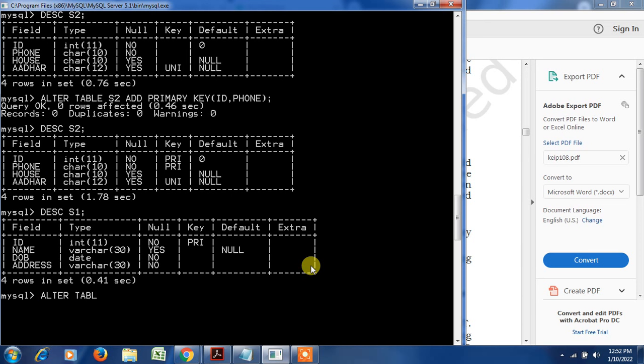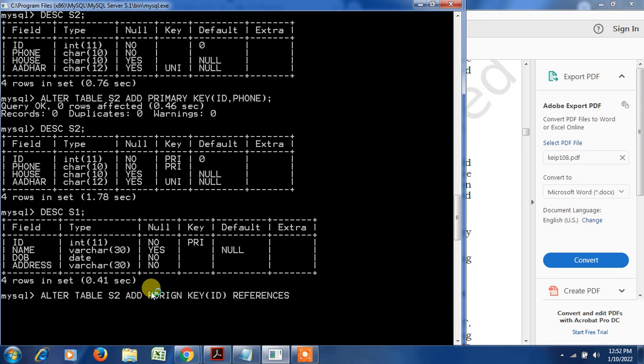So, alter table S2, then I will add the foreign key over here. No unauthorized entry can then be made in table S2.